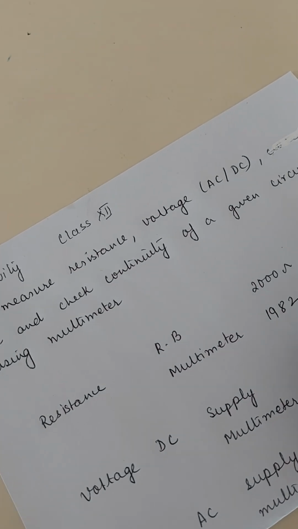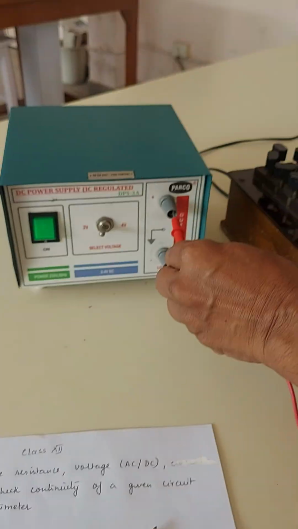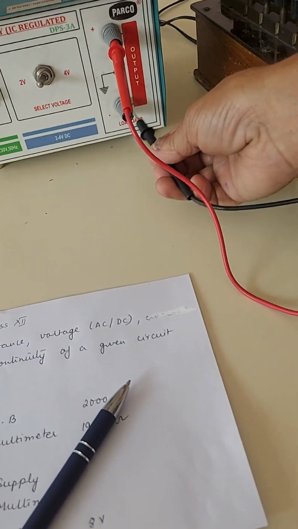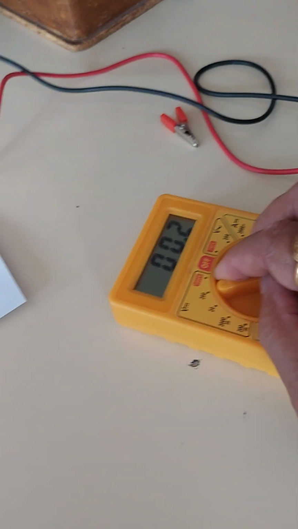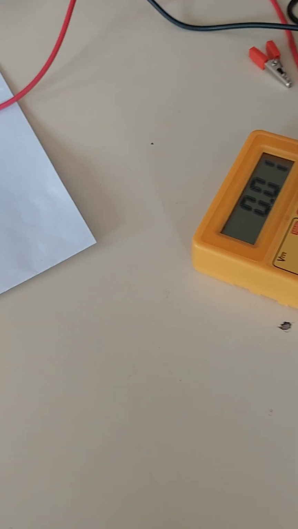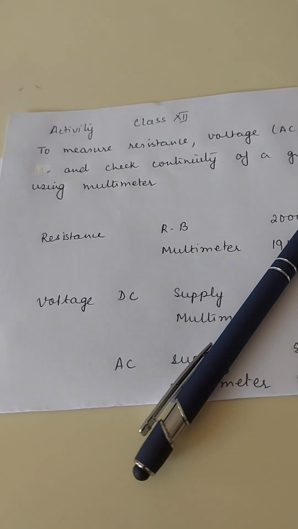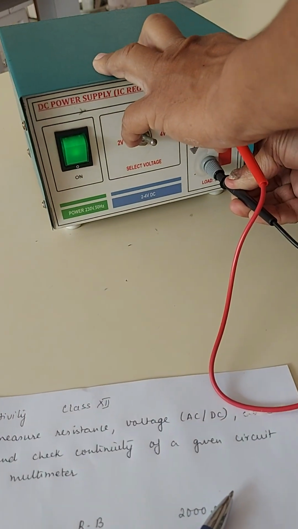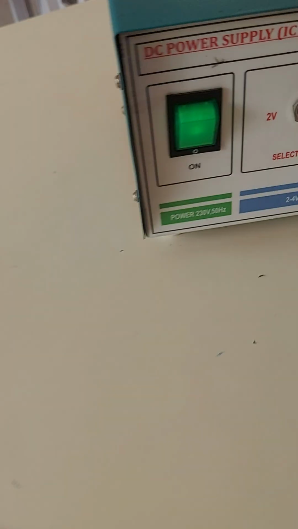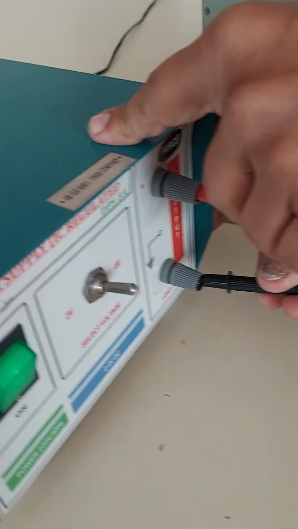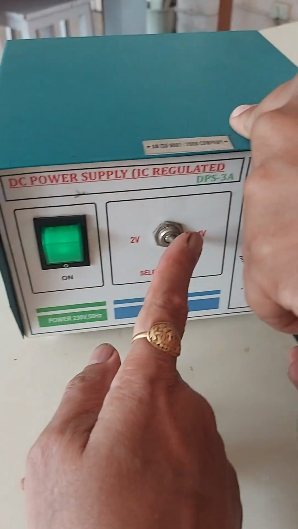We'll repeat the process with DC. Adjust the multimeter to DC now. See. Yes. Positive and negative like this. The knob, the toggle switch is at 4 volt, and the reading here